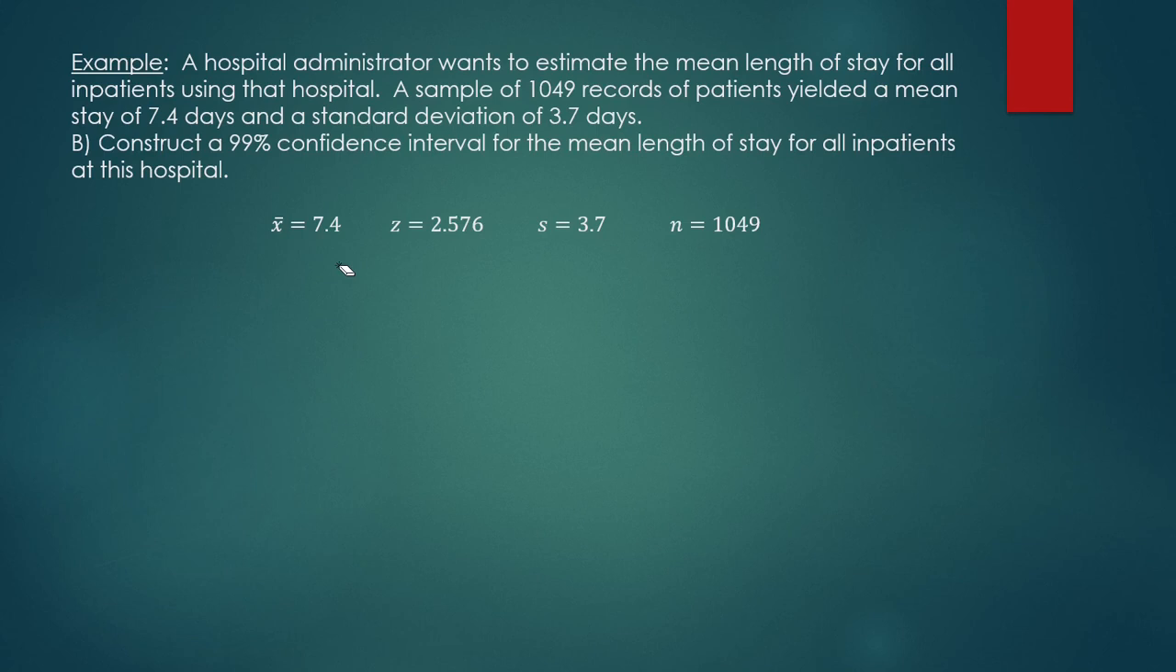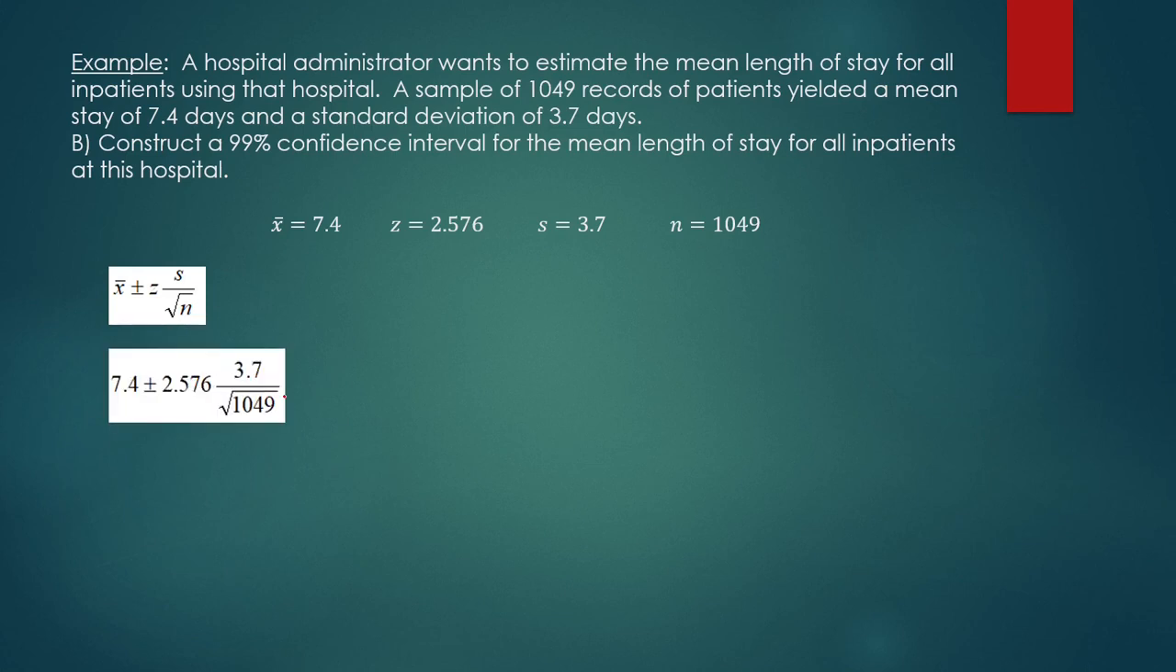The sample mean is 7.4. The z is 2.576. The sample standard deviation is 3.7. And the sample size is 1,049. We'll plug it into the formula to get 7.4 plus or minus 2.576 times 3.7 divided by the square root of 1,049. I should simplify the right side first on a calculator,